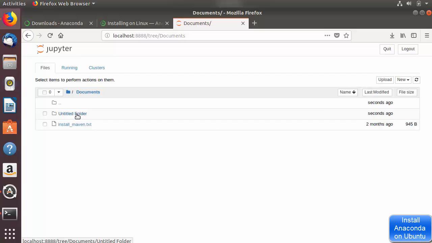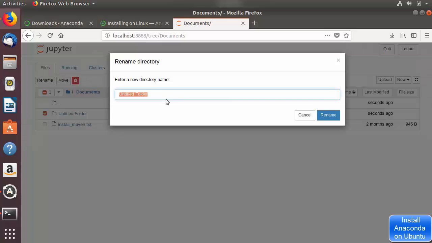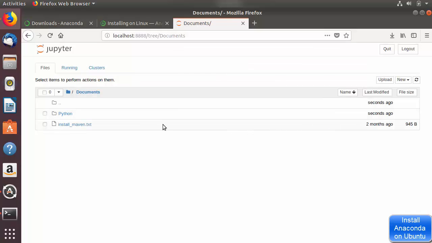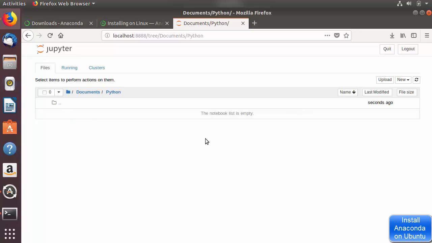So when you click on create folder, an unnamed folder will be created, and then you can check this checkbox and rename this folder to whatever you want. So for example, I'm going to name this folder Python and then click rename, and this folder will be created. So when I'm inside this Python folder, I can just click on new once